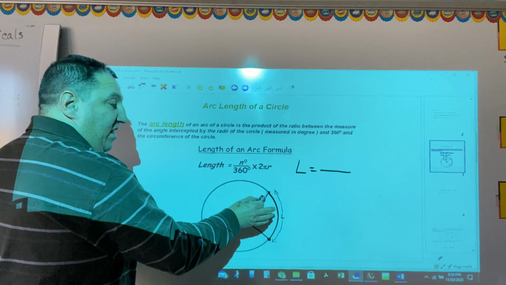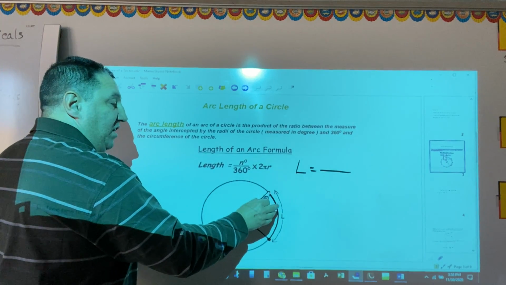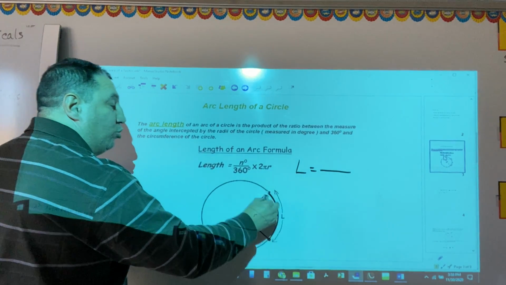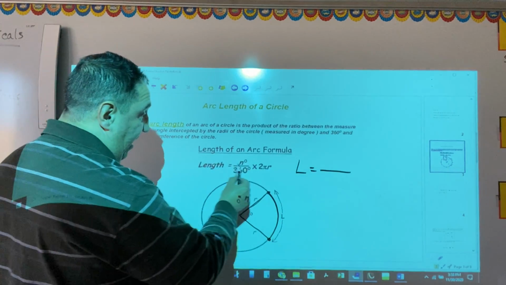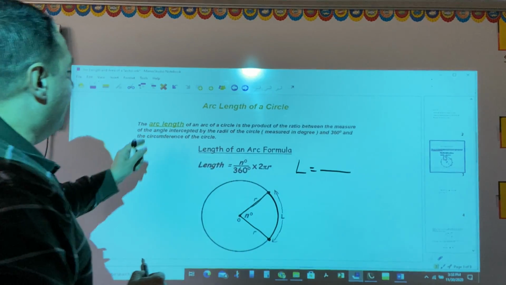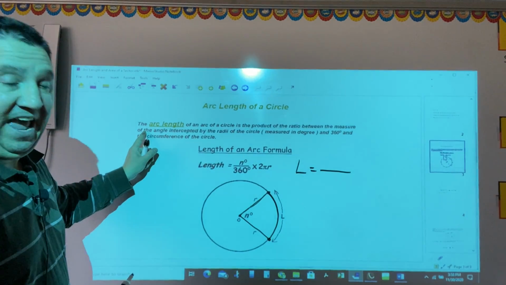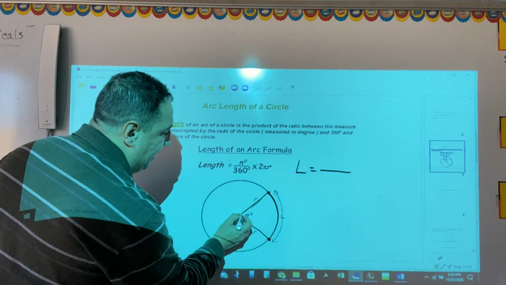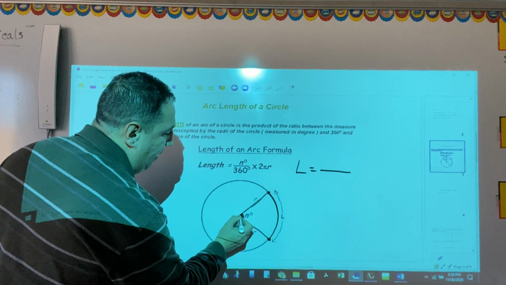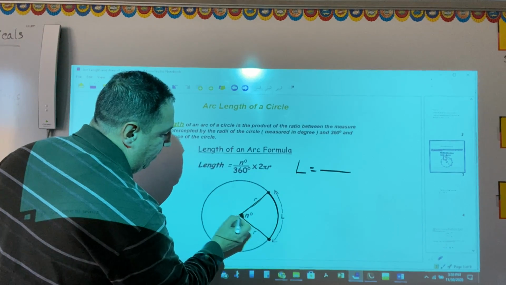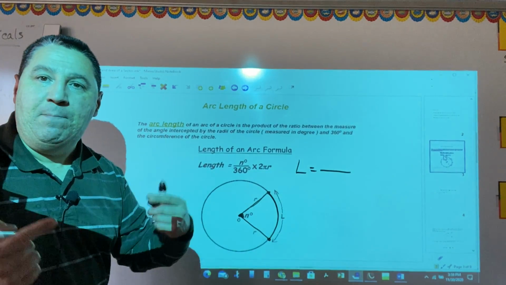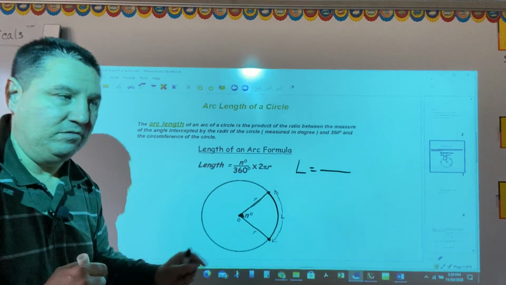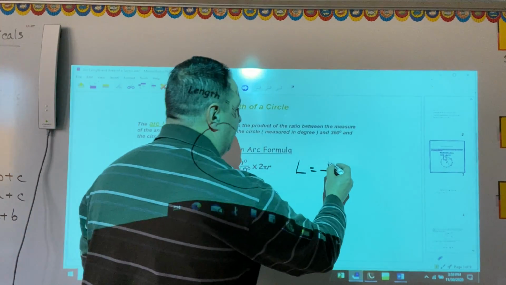The arc length is the portion on the circle that is between these two endpoints. And n, which is the measure of the angle, is this angle. In fact, n is the measure of the central angle,